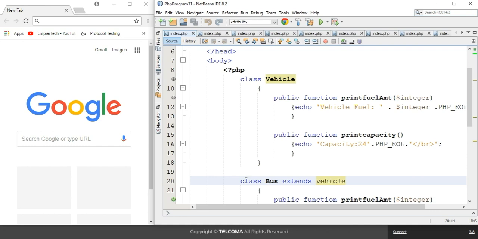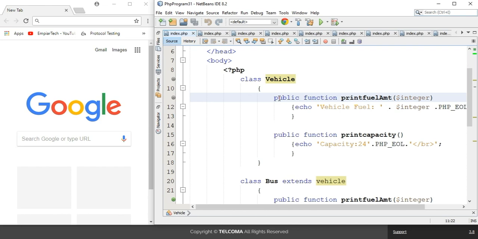So here you can see that in this program I am defining the class vehicle, and after that I am inheriting its properties in another class, that is the child class, class bus. In class vehicle I am defining two functions, and I am creating these two functions publicly. We will discuss this access specifier in another class.